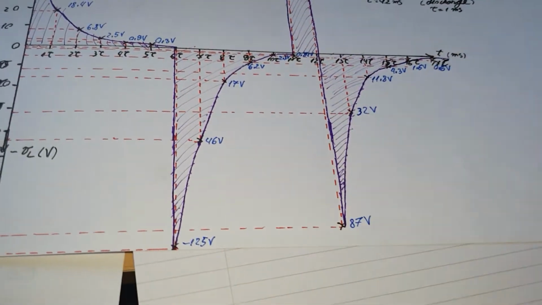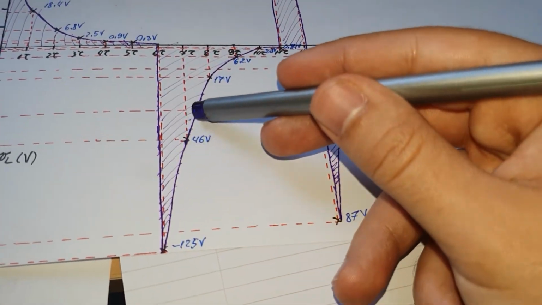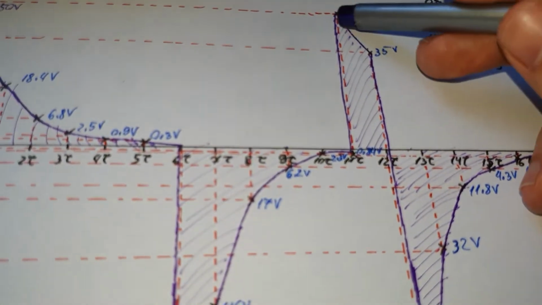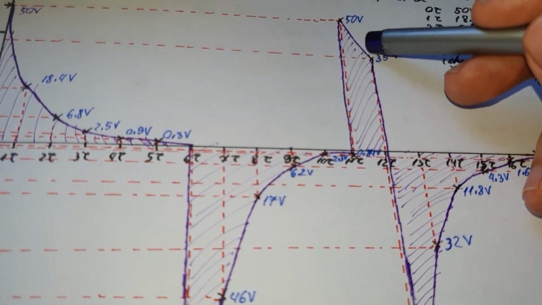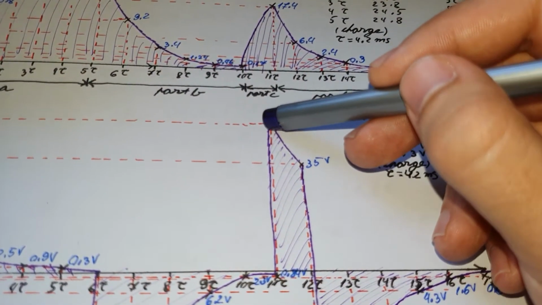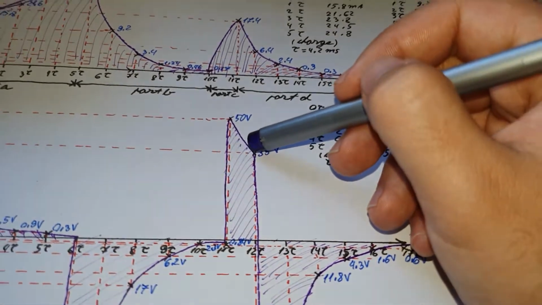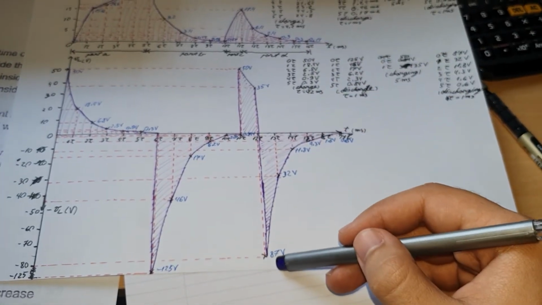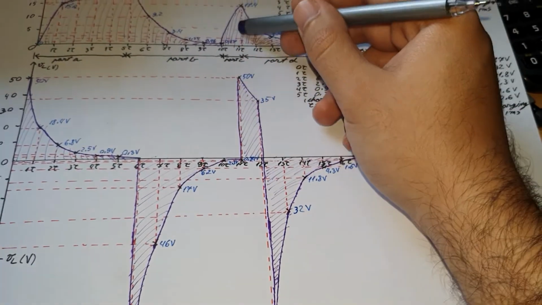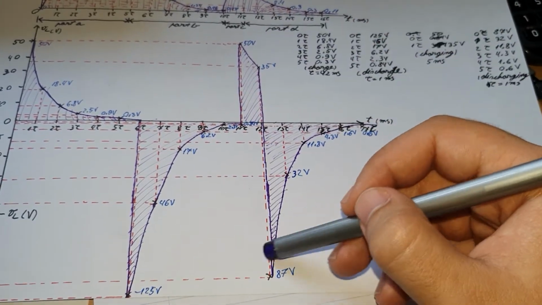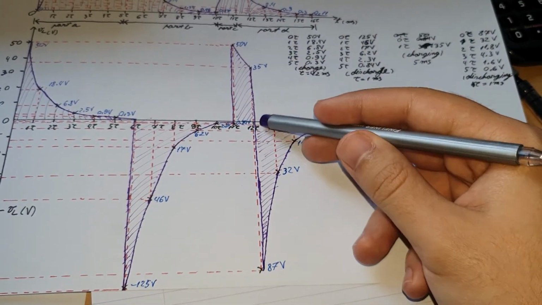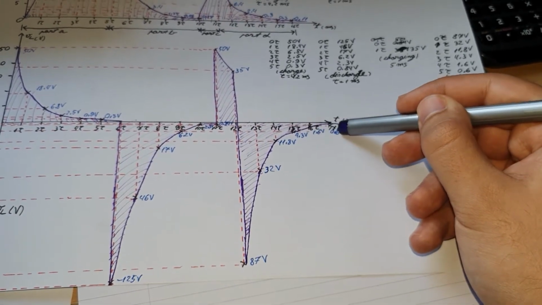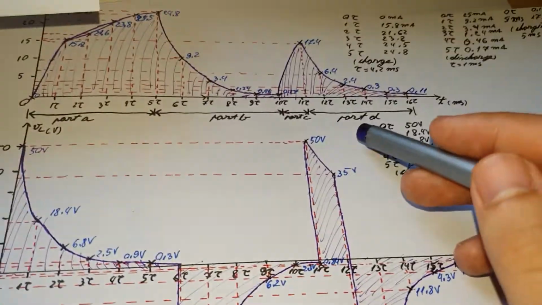Now again, it will discharge itself until it reaches 0, and then all of a sudden it goes back up to 50 and then down to 35, because after 5 milliseconds it will charge, which results in a partial voltage discharge. And then again it will go all the way down to 87 volts, because that was the current, and the current determines the voltage, and because it is discharging, the polarity of the voltage in the components will be opposite, and therefore it will slowly go back to 0, like in this one here.